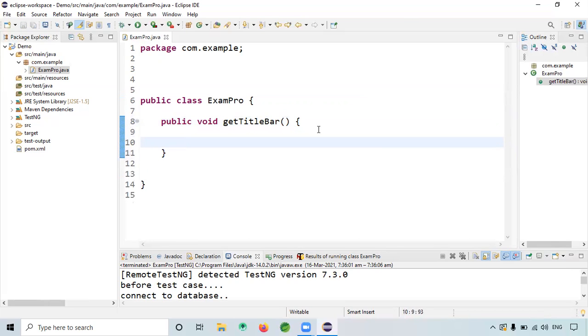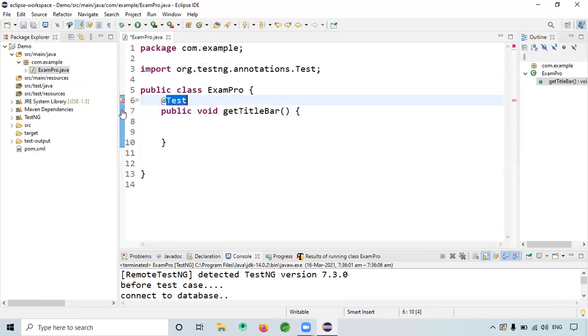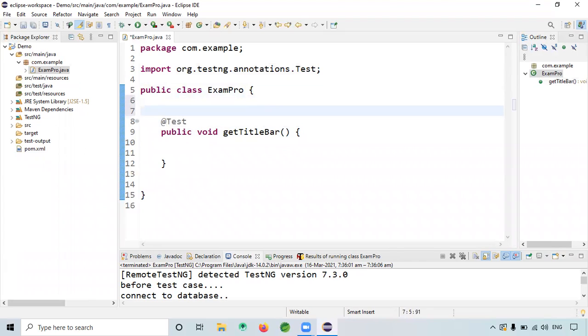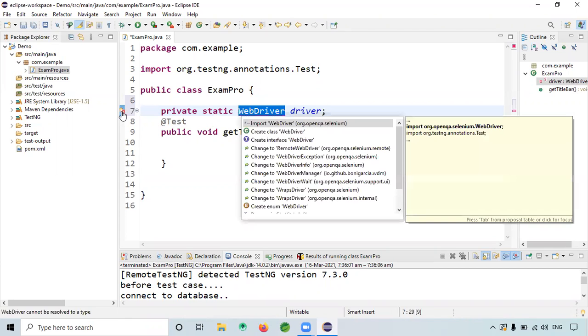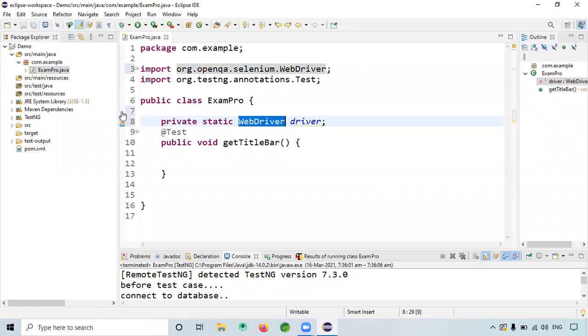So here I will give annotation test. I will write one variable that is private static WebDriver driver.